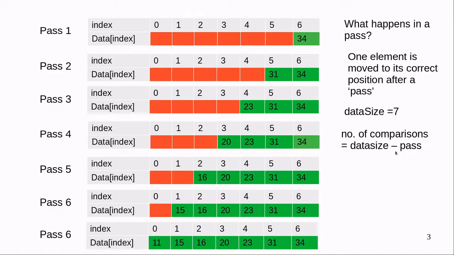We'll move to the rest of the details with an example. We'll see what exactly is happening in each of these passes, and how at the end of pass 1 we make sure that the number 34 comes to the extreme right. We'll look at that in a bit more detail.